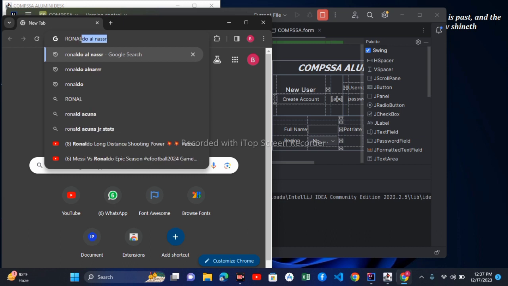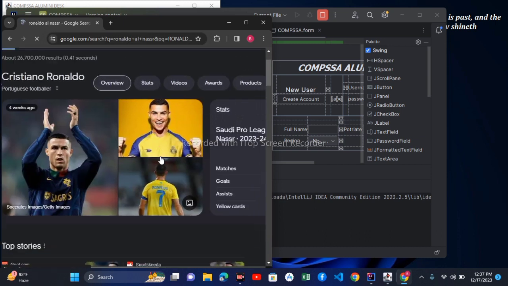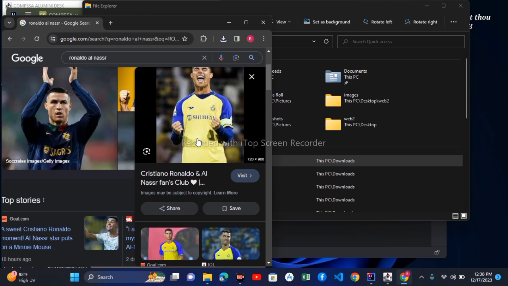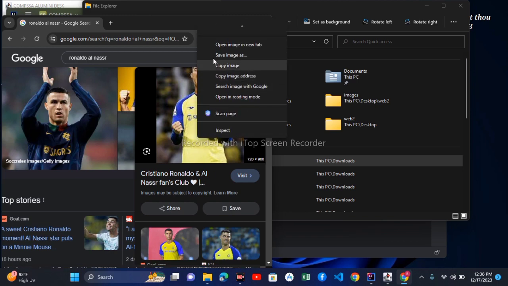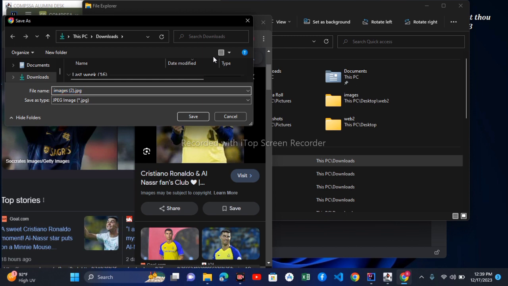So I'm just gonna search for the image of Ronaldo, and then we are going to download this image and then place it onto our GUI form. So let me open one of these images, and then I'll right click and then save this image the name I want. It's always advisable to save it a short name where you can always remember or write it easily. So I'm RT, then